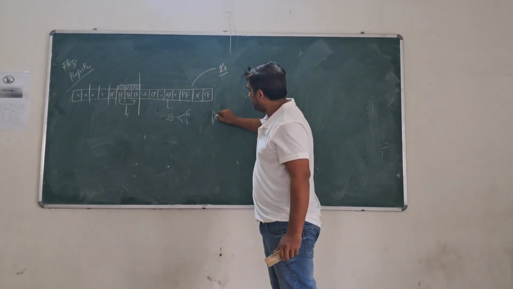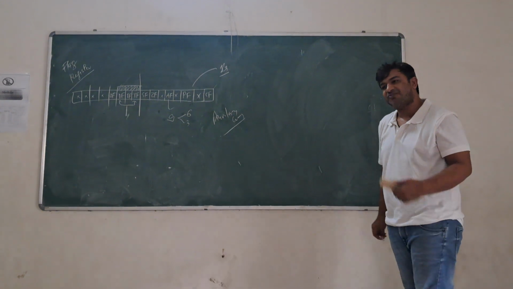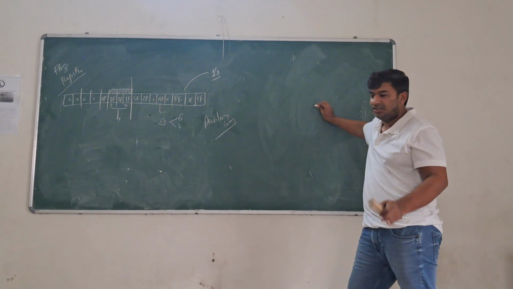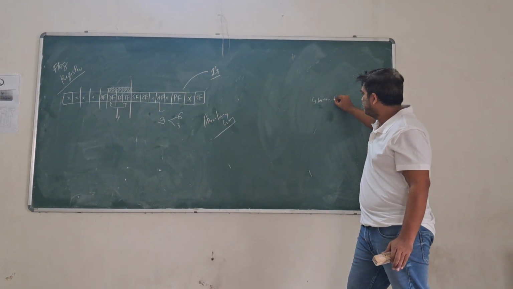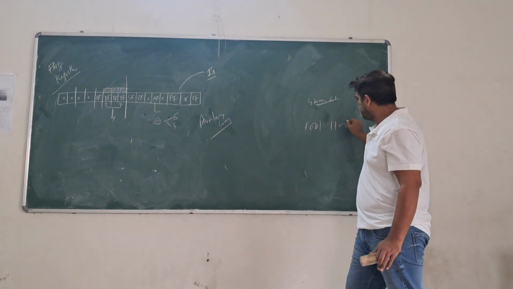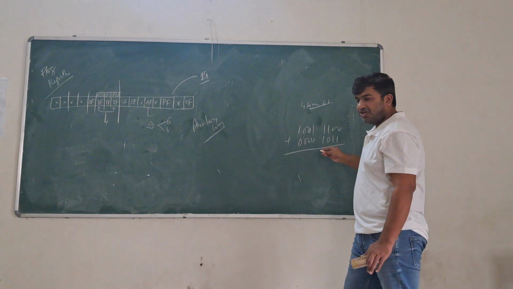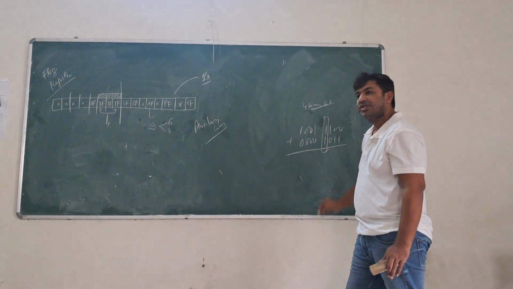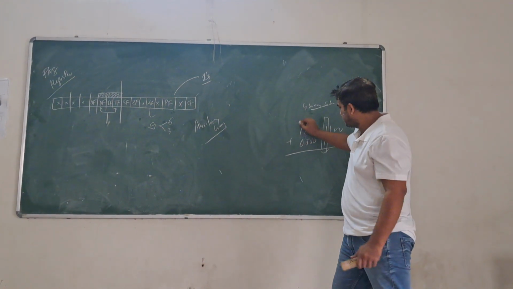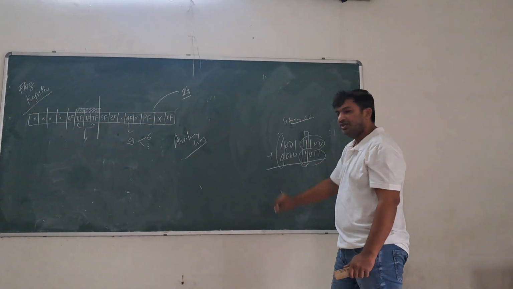Now next is called auxiliary carry. Auxiliary carry is a flag which gets set when you have a carry from a nibble. What is a nibble? 4 binary bits is called a nibble. So if I write down the number 1 0 0 1 1 1 0 0 plus 0 0 0 0 1 0 1 1, now if a carry is generated after this, it is called auxiliary carry. Understand? And that's why the main carry flag is only discussed about the MSB. This is about the nibble. These 4 bits are called a nibble.